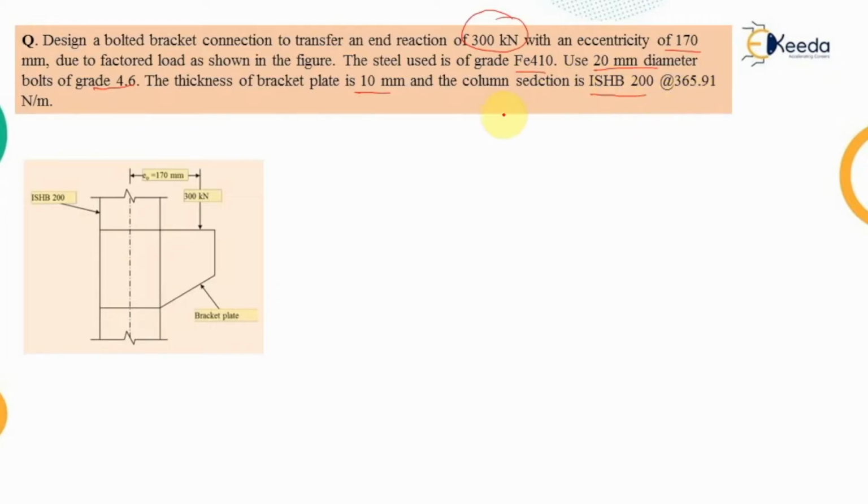Now, first of all, we will write down the data that has been given to us and we will input the data corresponding to the different sections. So the data that has been given to us, that is the grade of the steel, that means the ultimate strength of the steel elements is 410 megapascal. Now corresponding to the bolt grade of 4.6, the ultimate strength of the bolt will be 400 megapascal. So these are the two important data that are to be used here. Other than that, the partial factor of safety for the bolt material is taken as equal to 1.25.